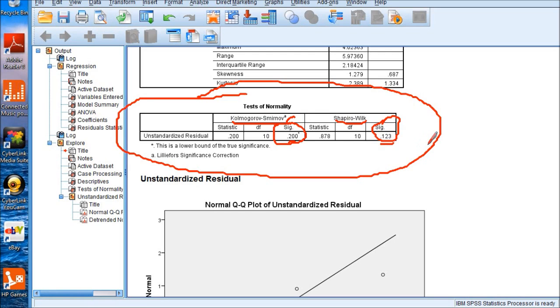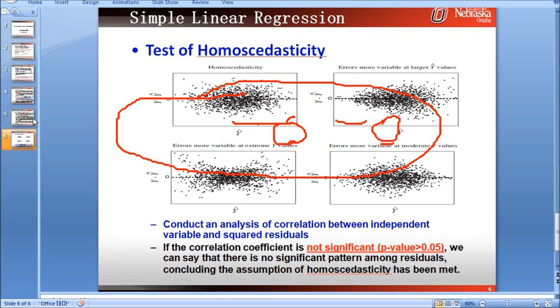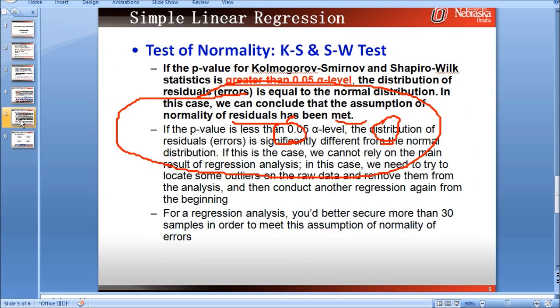What is the interpretation of these p-values in this tests of normality table? Let's go back to the PowerPoint slide about the interpretation. The p-value is greater than the 0.05 alpha level.